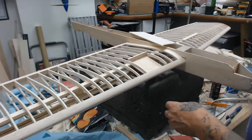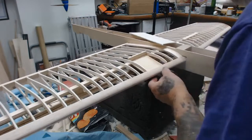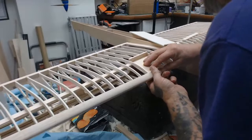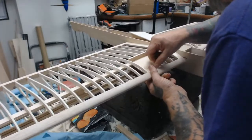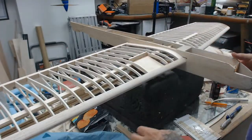Okay, we got that part. Now, we need to get this out of here somehow. Drill a hole and a couple of holes and